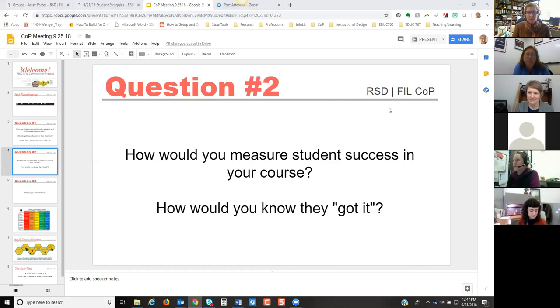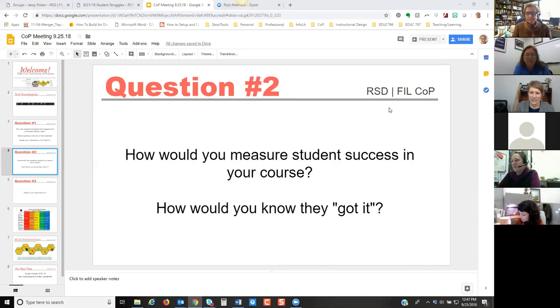But without the reflection, they might not realize they did it. Yeah, they don't realize what they know or what they've learned without that reflection piece. And it needs to be more than just giving me the answer that they think I want to hear. Yeah.